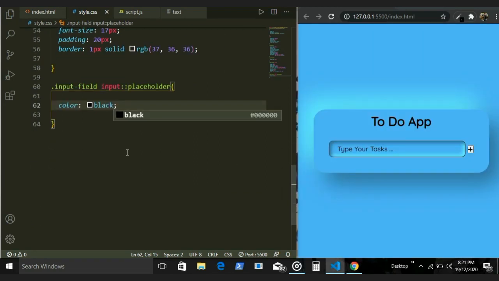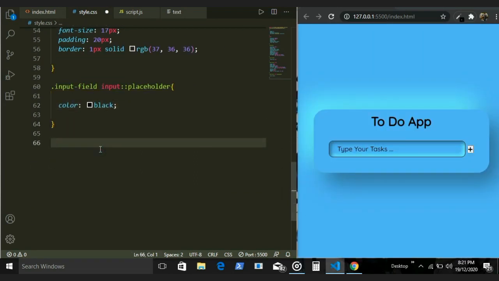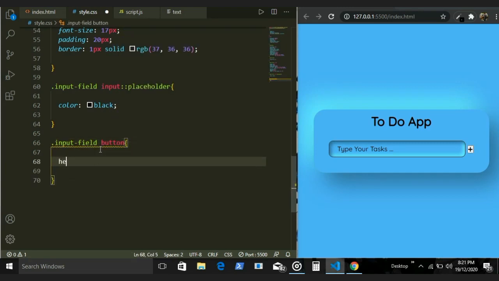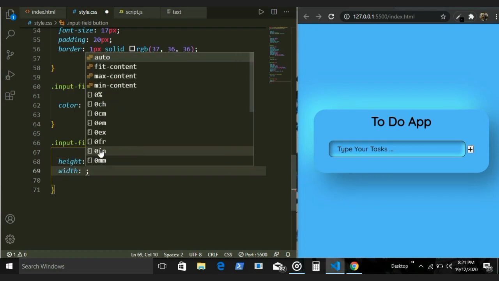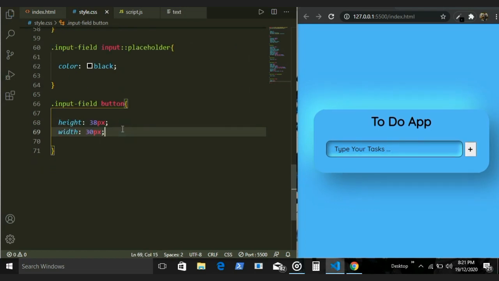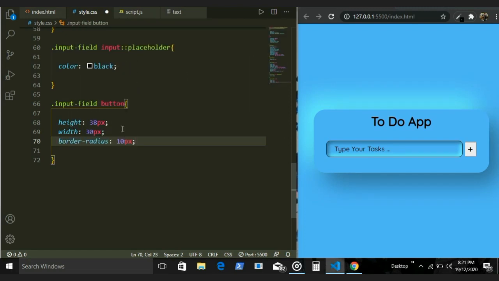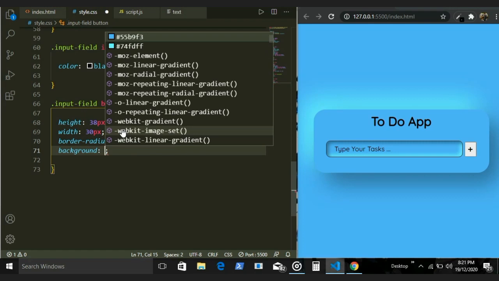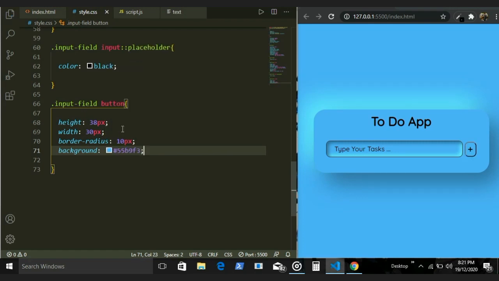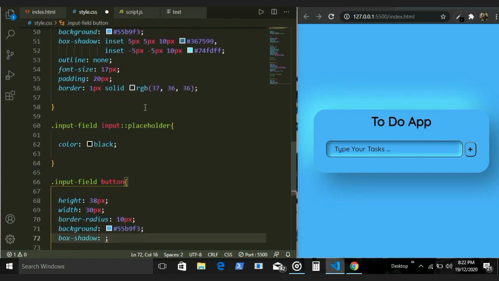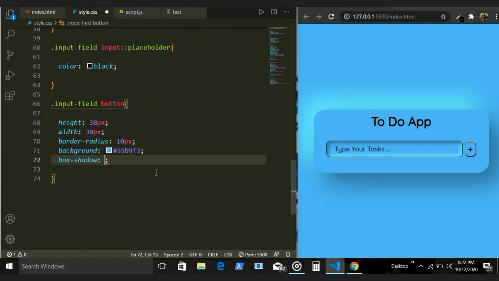And the next thing that we're gonna do is we're gonna style this plus button. So we're gonna add height and width of 38 pixels and 30 pixels and a border radius of around 10 pixels or so. And then we're gonna add the default background. And now for the box on the right and bottom, we're gonna have 5 pixels each and 10 pixels of the spread